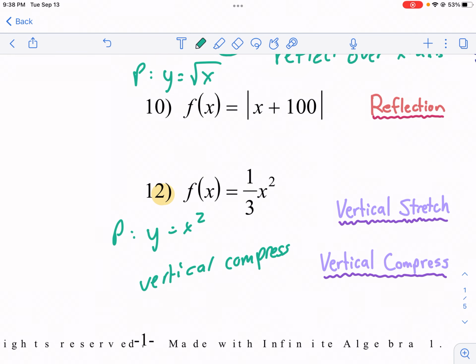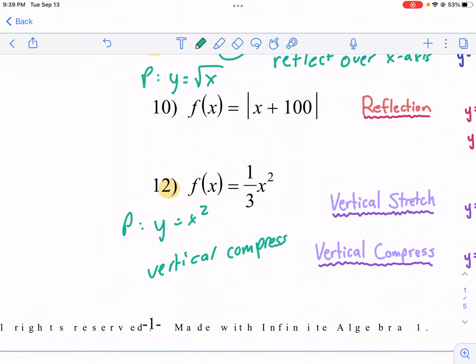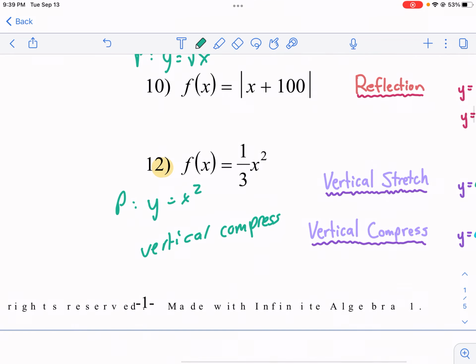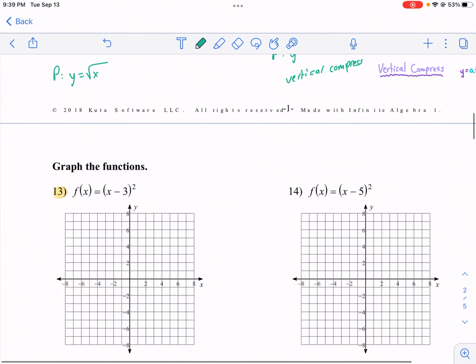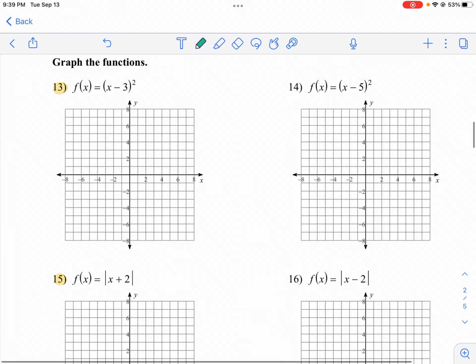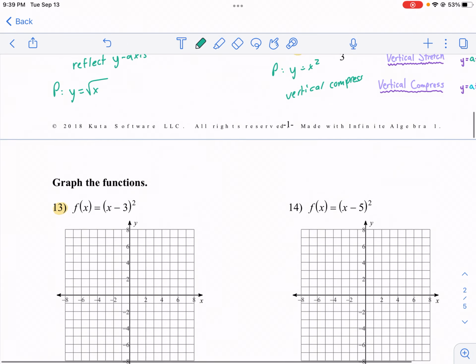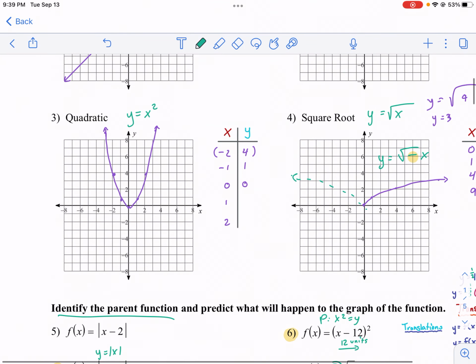We're multiplying by 1/3, but we're compressing. So we're vertically compressing. The value of a is 1/3. I just didn't want to confuse anybody. Okay, now we're graphing. I'm going to refer to these, and I have my parent